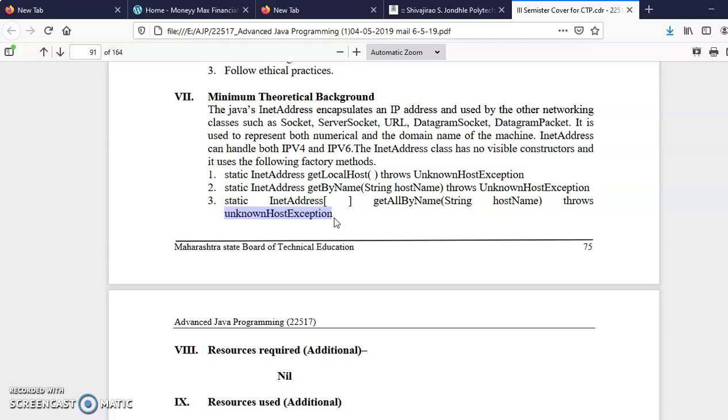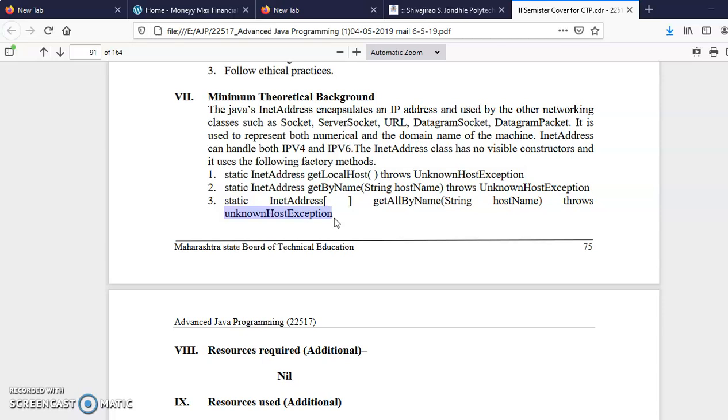If you don't have an internet connection, then it won't be possible for the Java program to connect to that domain and find the IP address. Or if you have provided a host name which is not correct. In both these cases, this exception will occur and give an error at runtime. So this exception can happen when your computer is not connected to the internet or the host name which you have provided is incorrect.